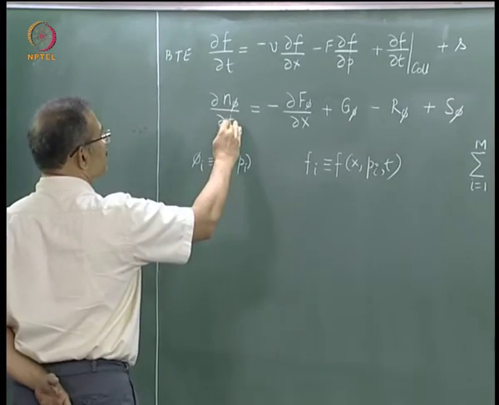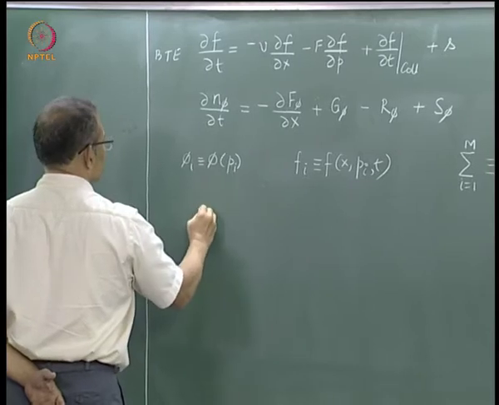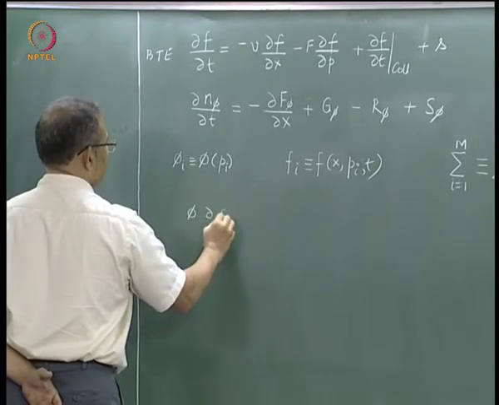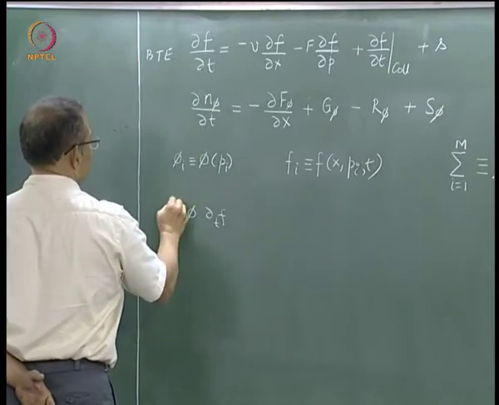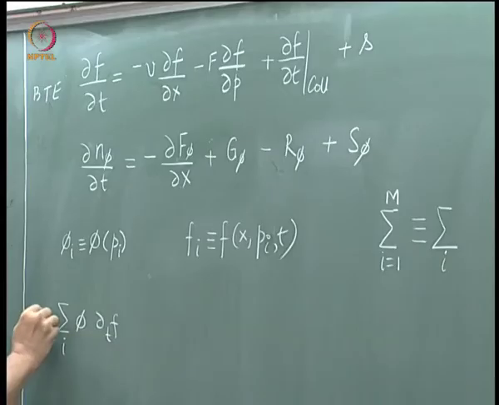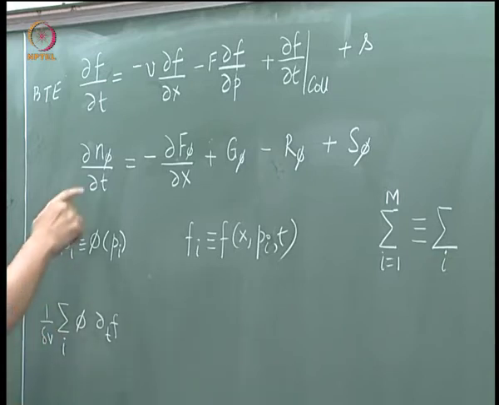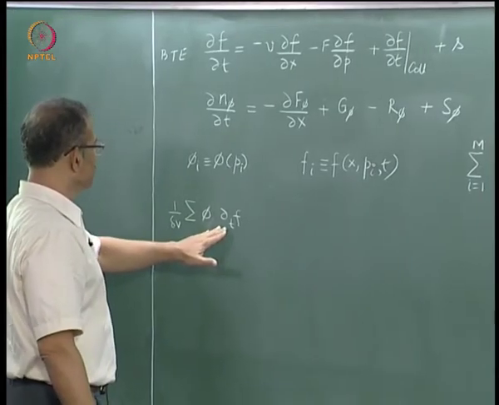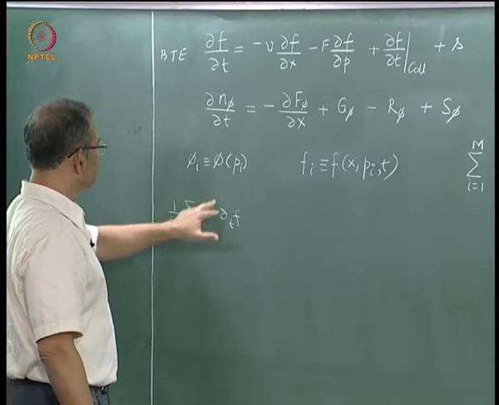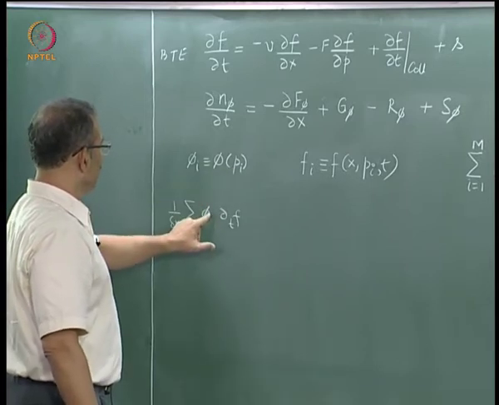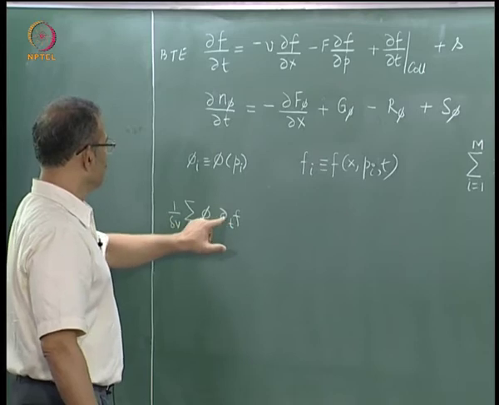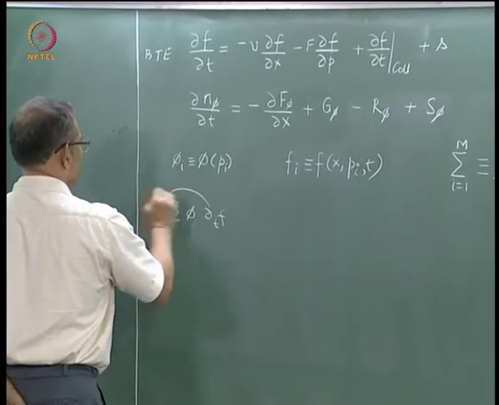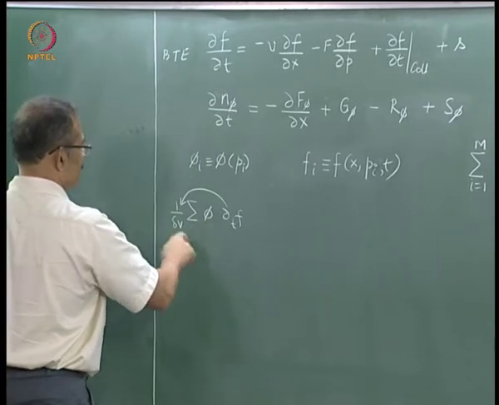So now let us take this term and derive n phi. We have done it in the previous lecture, so I will just quickly put the result. Multiply by phi, then sum and divide by delta v. That is what this n phi is. Now this is where we do interchanging of differentiation and summation. Since phi is a function of p, I can always move the time derivative out. So I can push it out here. Phi is not a function of time, and the result will be